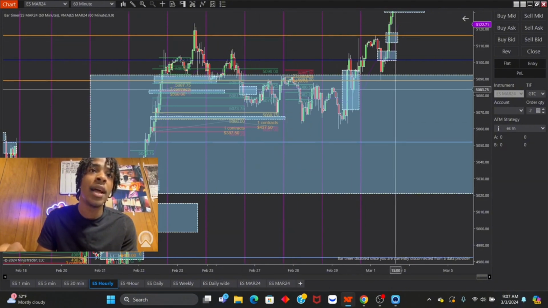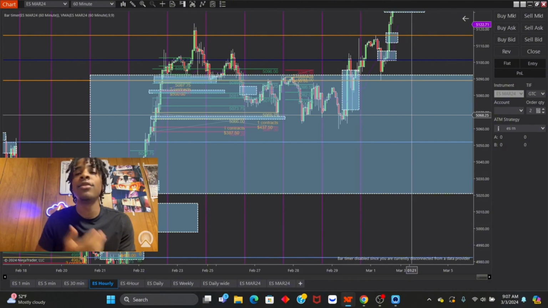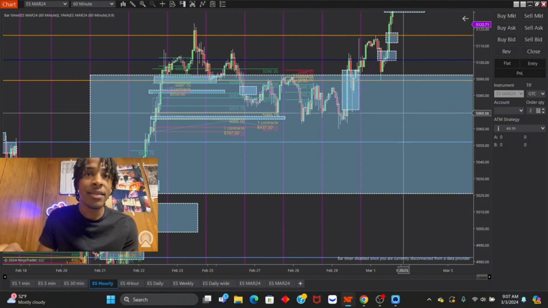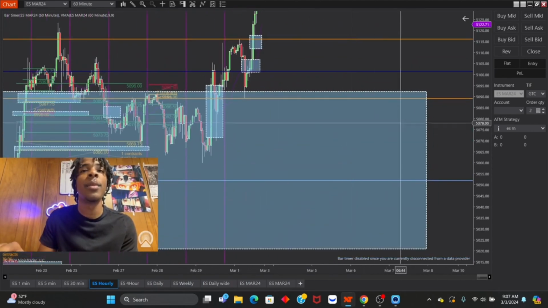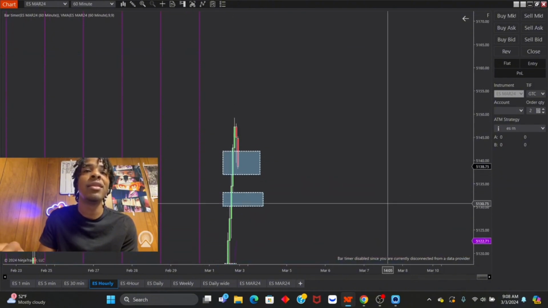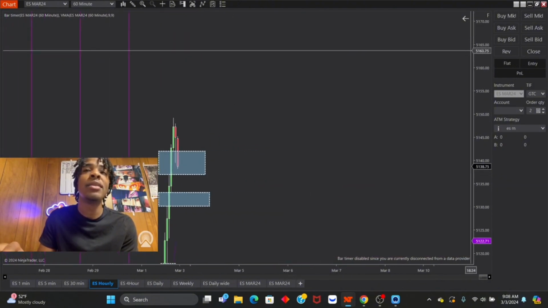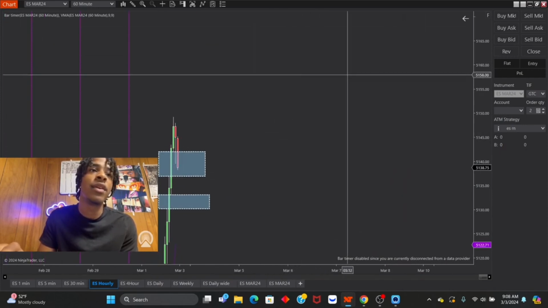And as y'all can see, I trade gaps. Some people call them fair value gaps. I just call it a gap, because it's just a gap. So first of all, before even getting into it, you have to understand what a gap, or a fair value gap, is and what makes it.